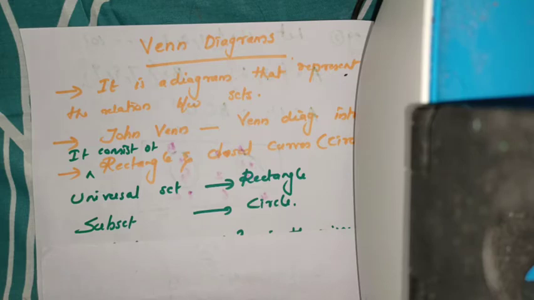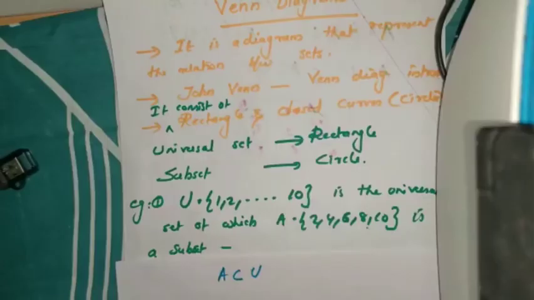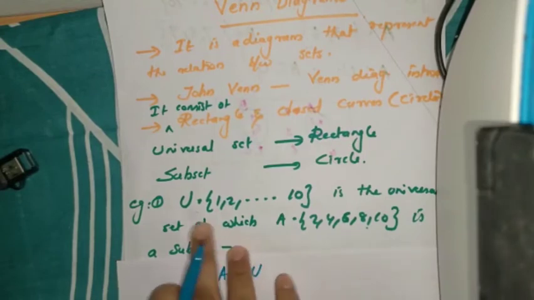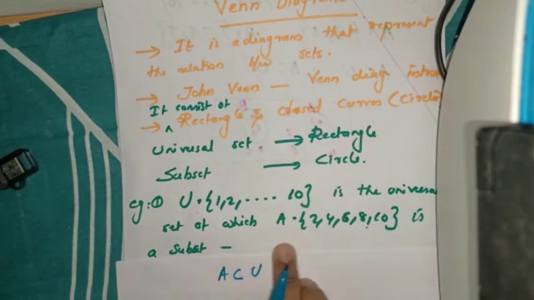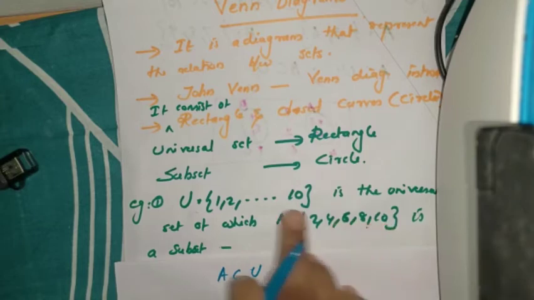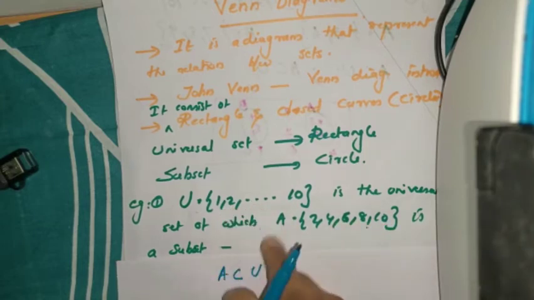Okay, so in a Venn diagram we are mainly using this rectangle and circles, and by using this we are showing the relation between the sets. Clear? Next we go through some examples. Now let us consider an example. U is equal to 1 to 10 and the other set A is equal to 2, 4, 6, 8, 10, and here we can see that all elements of A are also present in the universal set, so we can say that A is a subset of U.